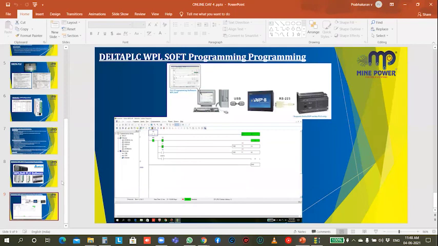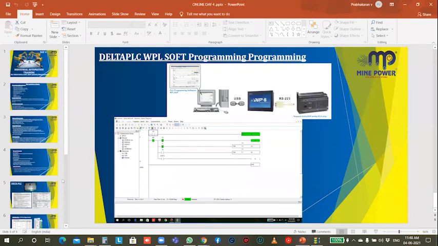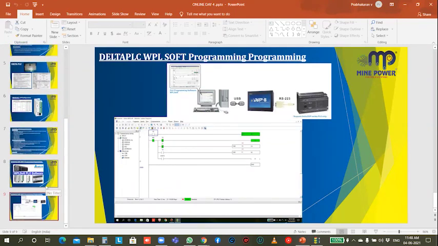So this is all about today's lesson. What did we talk about? How to select the PLC, what the uses of PLC are, and what programming is used here. I now believe that you have a basic idea of what PLC programming looks like. I will send you the link to practice it. Only through practice can you improve your skills.